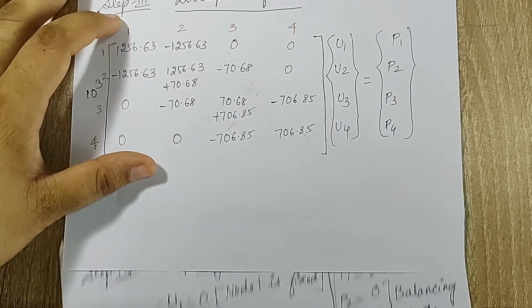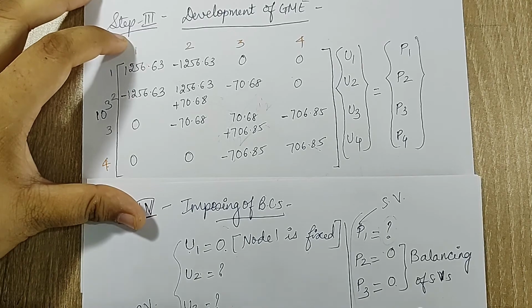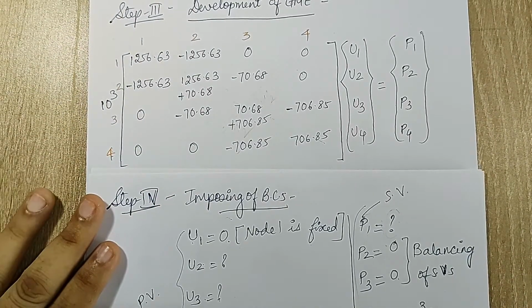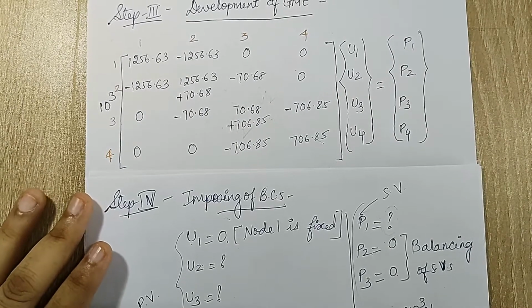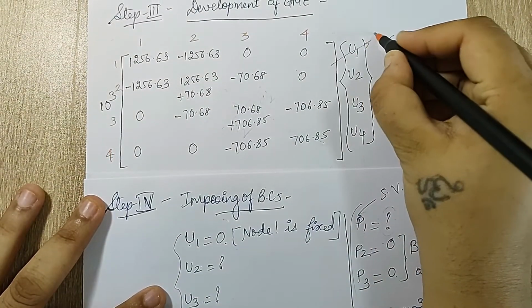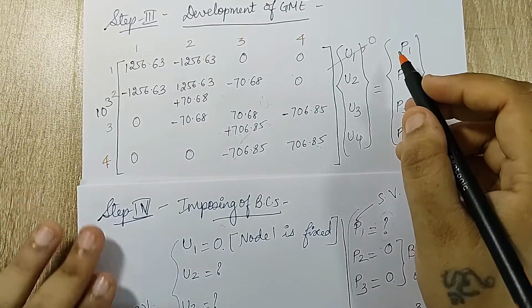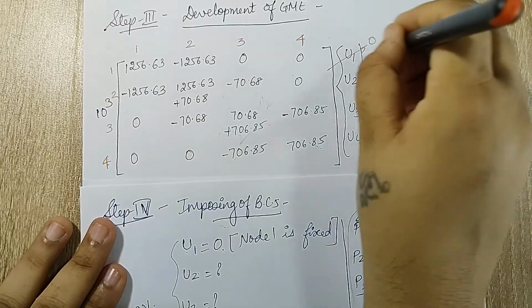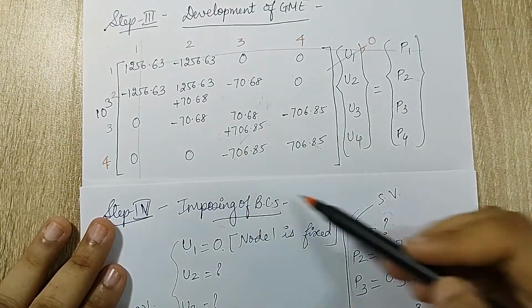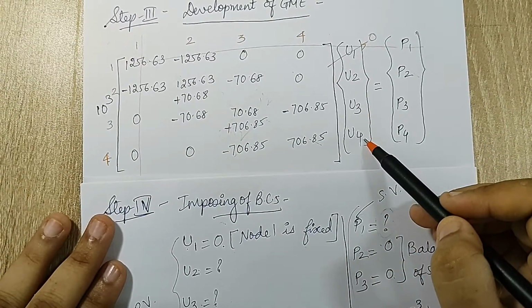Now if you observe this GME, I have already written the equation. These are the values which I have found. Now what I am going to do is first mark which values of primary variable are 0. I only know U1 is 0. If U1 is 0, for the time being you can neglect the first row and the first column, and you can work upon these remaining values, because U2, U3, U4 you need to calculate.